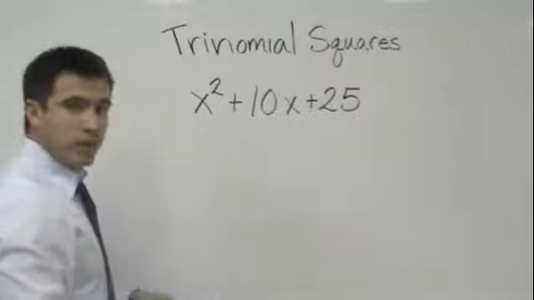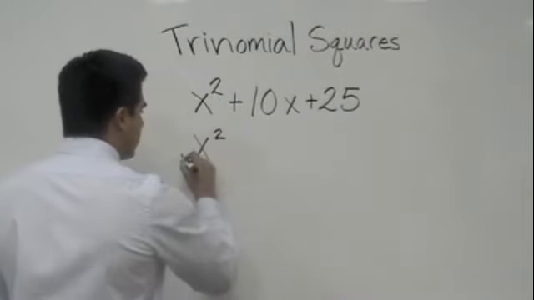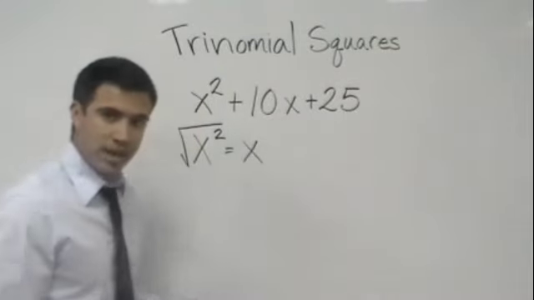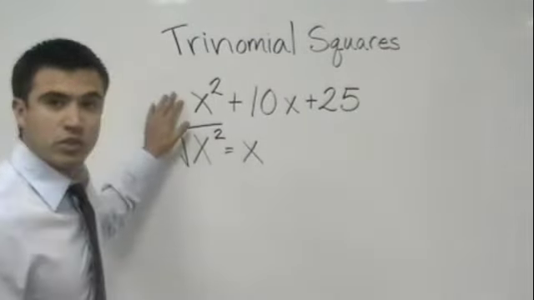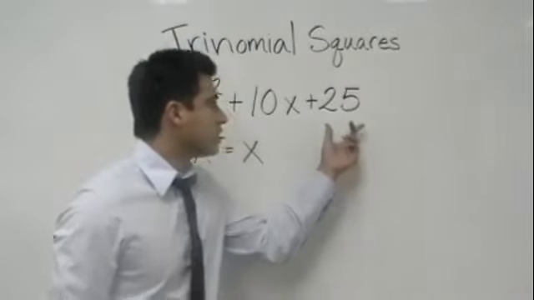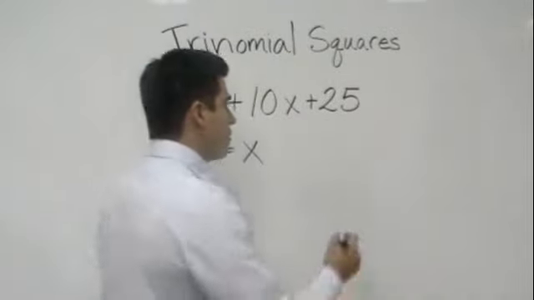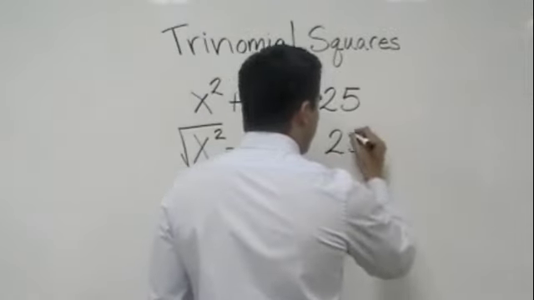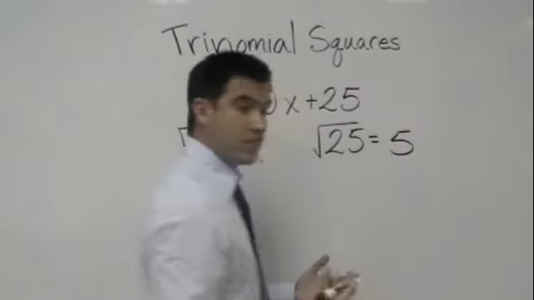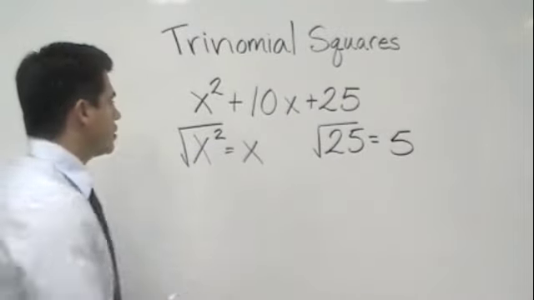If we were to take the square root of x squared, let's go ahead and do that. So we have x squared, and we're taking the square root of it, that would equal x, right? So that means that that's a perfect square. Good, we need that. We also want to see if we can take the square root of 25. So we have to check to see if 25 is a perfect square. So if we take the square root of 25, that equals 5, which means it's a perfect square. Good. Okay, so we know that these two are perfect squares.